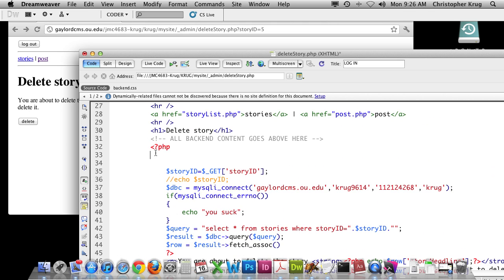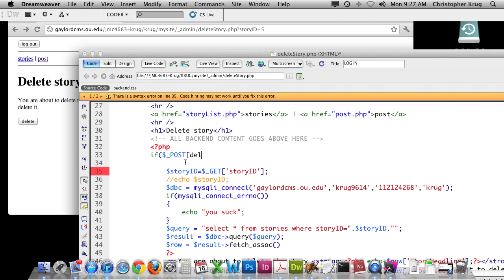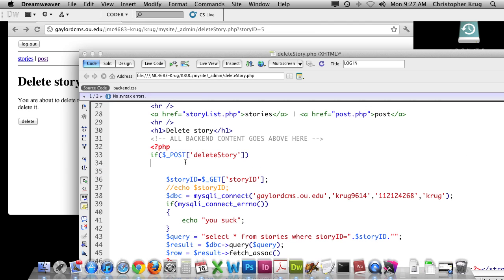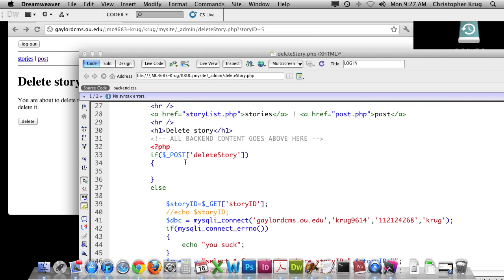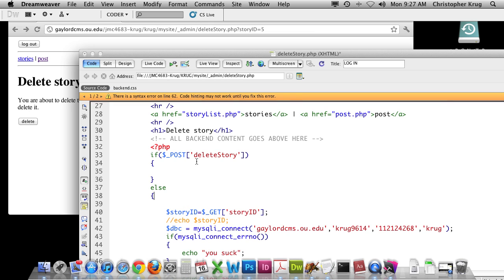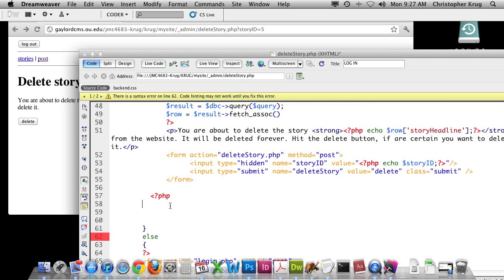So the first thing we're going to do is create a conditional that says if delete story has been posted, or if this exists, post delete story, we're going to do something else. So if it hasn't been posted, we are going to see what we just saw, and if it is posted,